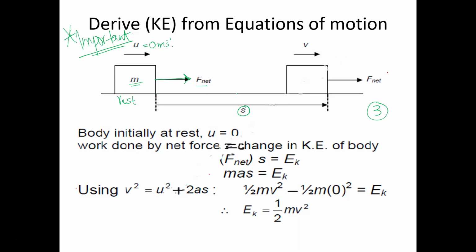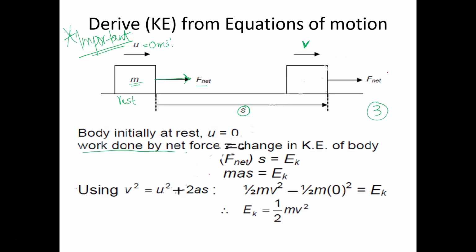It makes an object move a distance s, and let's say it reaches a new velocity. Let's say that velocity is the final velocity v, right? So initially this velocity is 0. तो हमारे पास यहाँ पर एक रिलेशन है जो कि आपने याद रखना हमेशा जब भी किसी बॉडी के ऊपर